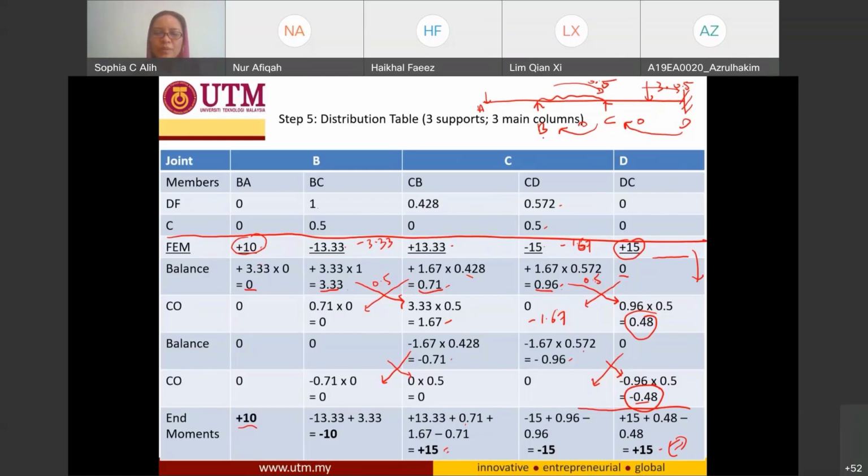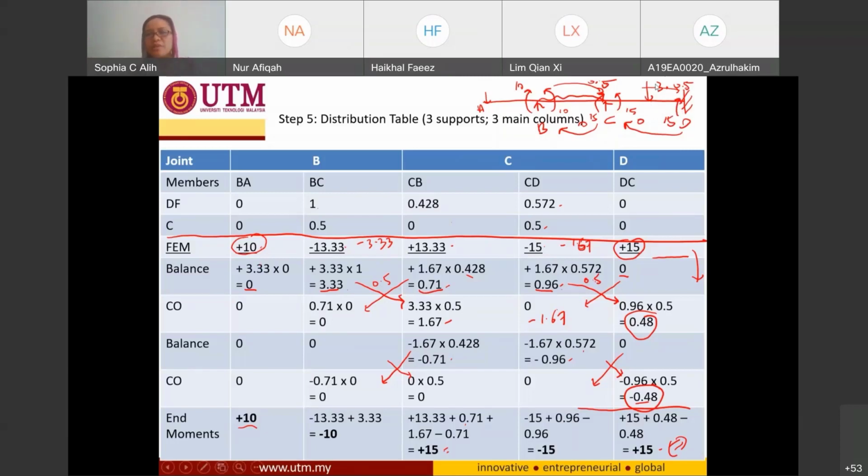And if you put it inside your calculation, BA positive is going to be 10. And you have BC negative 10, so negative 10 is going to be counterclockwise 10. And you have CB positive 15, so CB positive is going to be clockwise direction 15, and you have CD negative 15, and DC is going to be positive 15. So these are all the end moments, and once you get the end moment, then the procedures